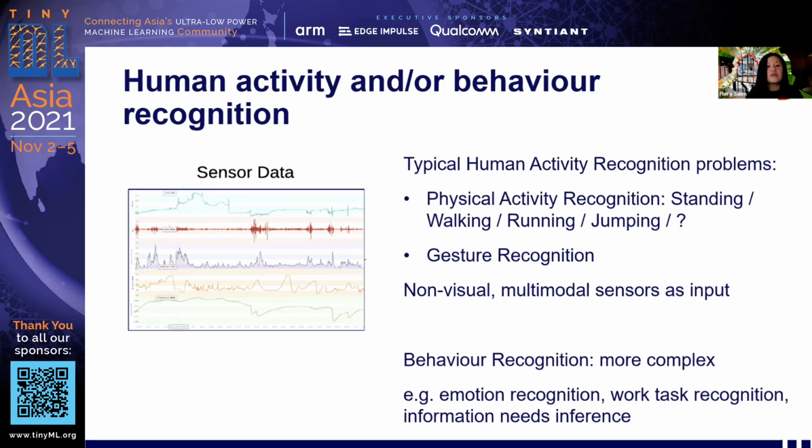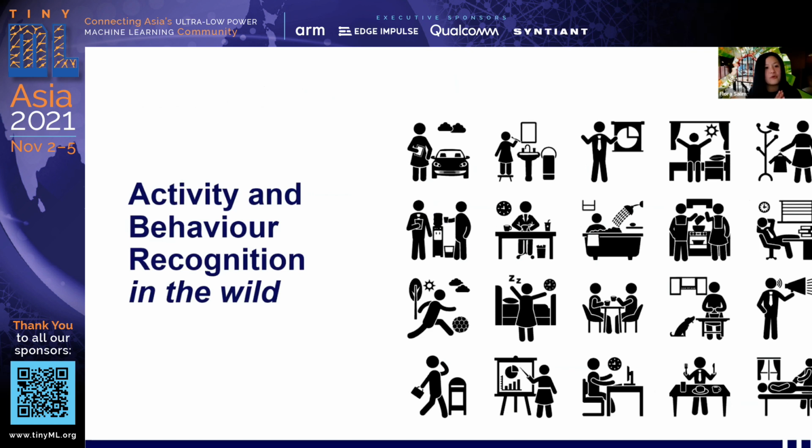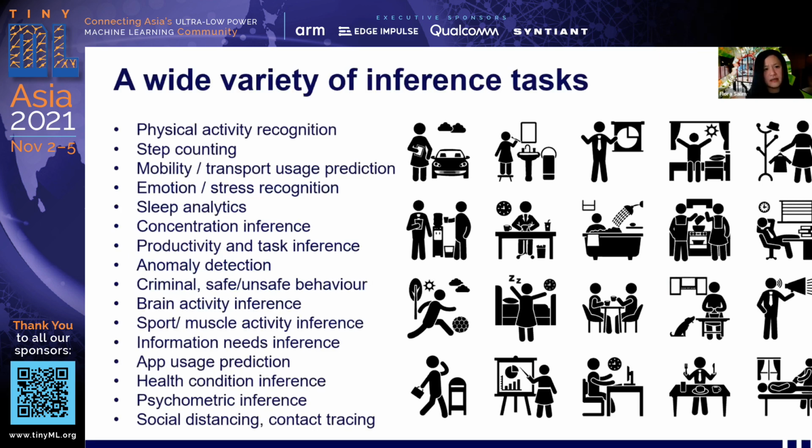For example, there are a lot of intelligent assistants these days. Right now, they're still trying to pull information from us to understand what is happening. So it's very basic Q&A, but if this system can be more proactive by recognizing behavior, it could be more useful. What I'm saying about activity and behavior recognition in the wild is that there will be times in the future where your phone and sensor devices will not just be recognizing the number of steps you're taking, but potentially also sleep, and a whole wide range of other activities in the wild. Of course, this requires a wide variety of inference tasks.